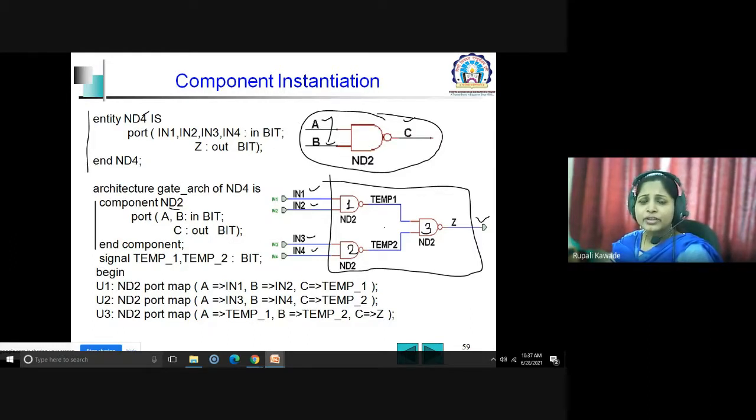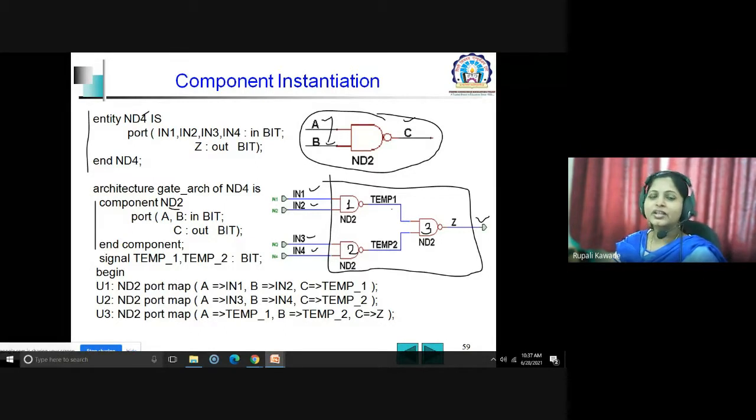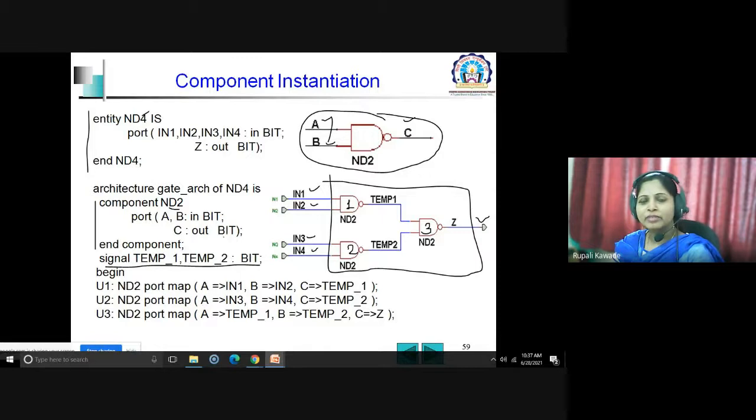So temp1, temp2 are intermediate signals which are not accessible to the user, and they will not be present in your entity. So we need to define them explicitly: signal temp1, temp2 : bit. This is the declaration of a signal.